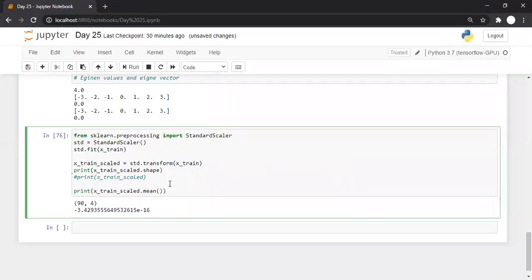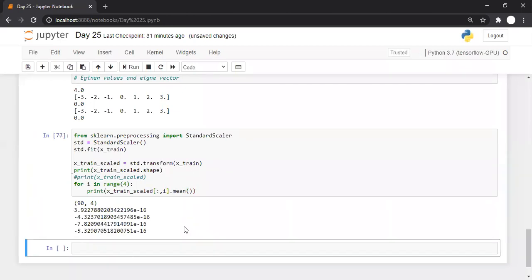And if we do something like this, let's say for i in range of 4, because there are 4 columns, we'll go with x_train_scaled with all the rows and the ith column. So can I do something like this? Yes.